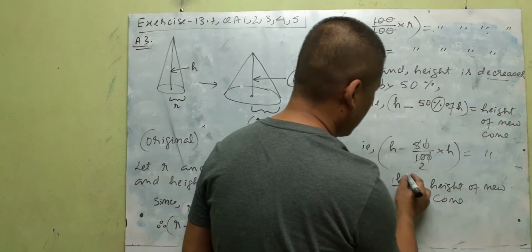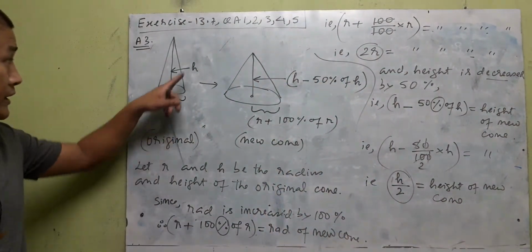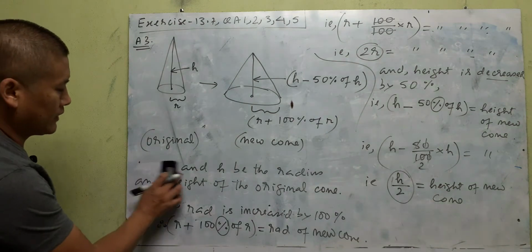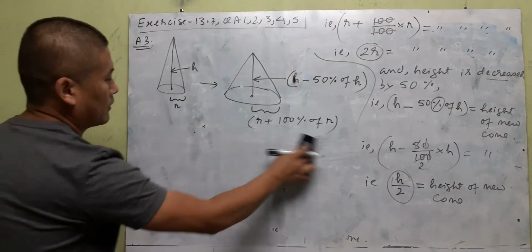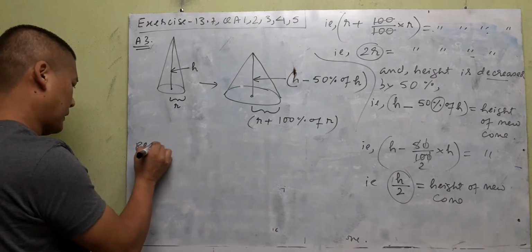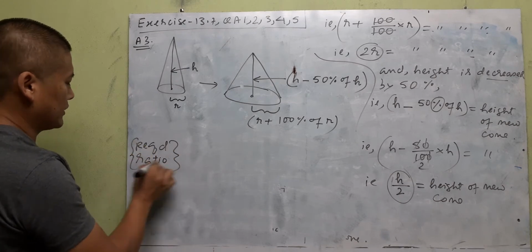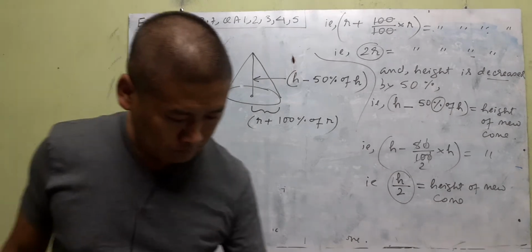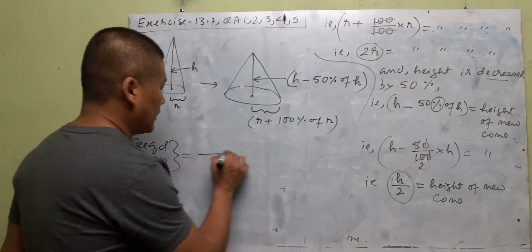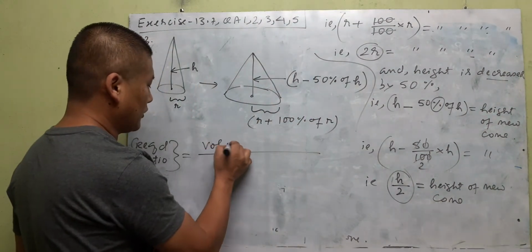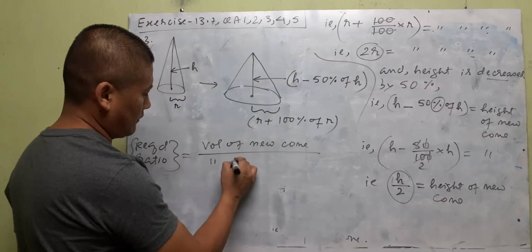So we have the height of the new cone and the radius of the new cone. The original one is already there, r and h. So let us find the required ratio. Let us write down here the required ratio. Go back to the question and see what ratio it is asking: volume of the new to the original. So volume of the new should be on the numerator. Volume of new cone divided by volume of